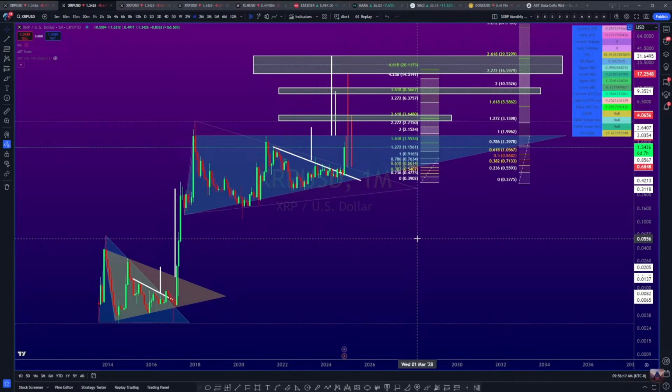Right? So we have an infinite amount of probability here. So great. We see now that we have this right angle triangle, right? And if we count the iterations, from the beginning here, we have test number 1 right away. We have test number 2 here, and then guess what? Well, we're headed towards a test number 3, aren't we? And where's the test number 3? Well, it's at $2 exactly, $1.9983.